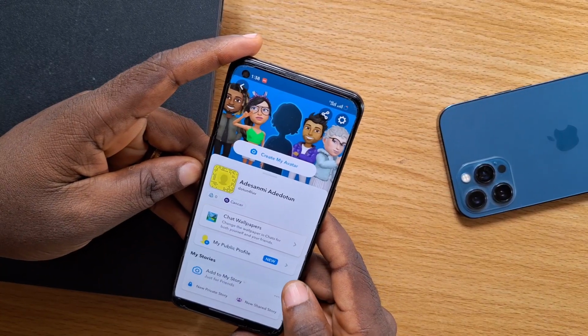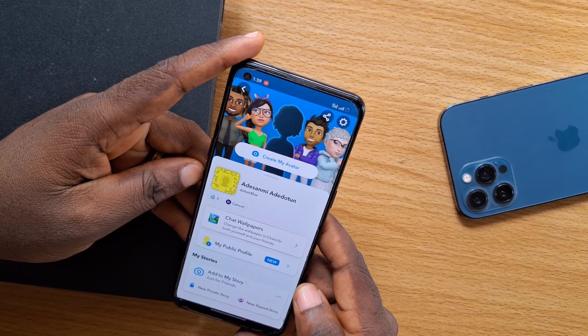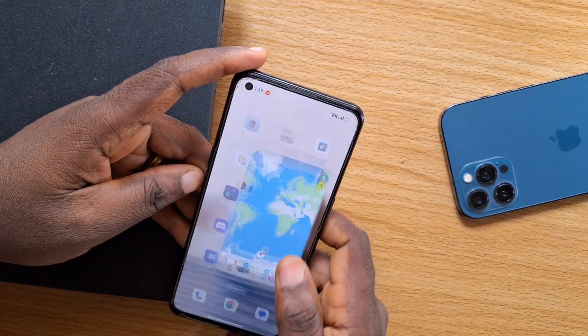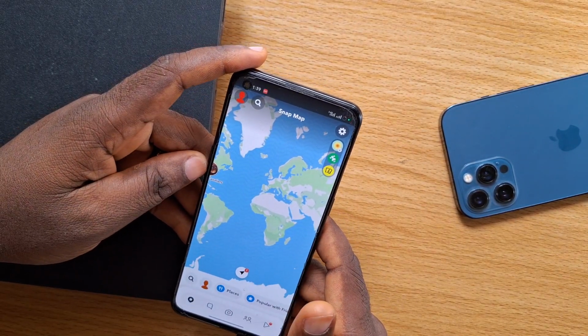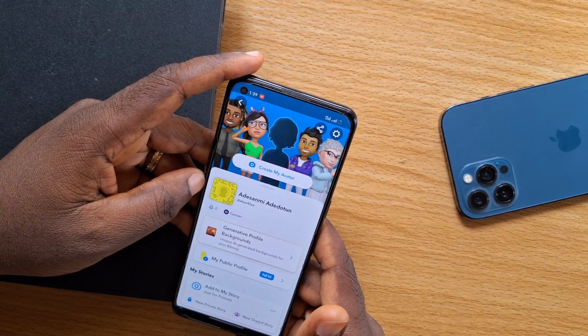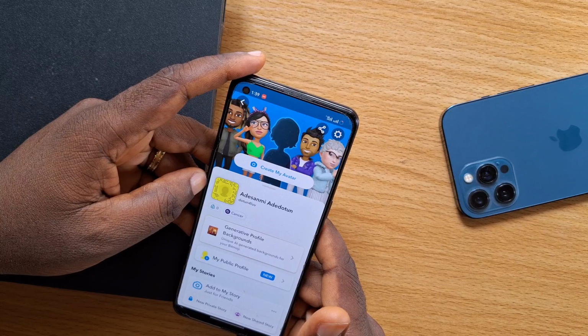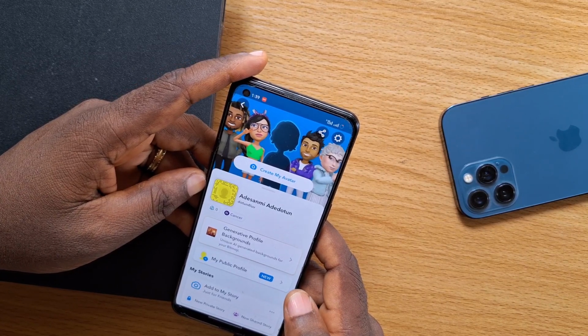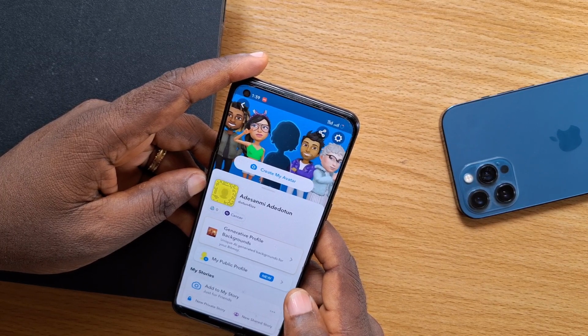Okay guys, so let's do some magic on Snapchat to make your Snapchat account private. While there is no particular button that you can toggle on Snapchat that will instantly make your account private, you can turn off some settings that can make your Snapchat available to only some selected users. So here I'm going to show you how to make Snapchat private on Android as well as on